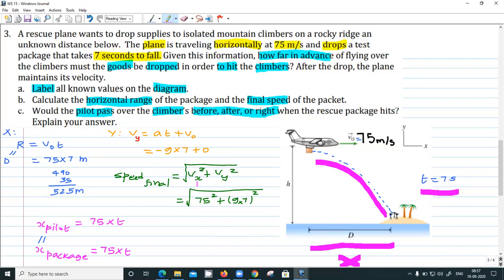Isn't this speed? Oh, the magnitude of the velocity, right? Yeah. And the magnitude of the velocity is vx squared plus vy squared. Yes. And this is just vy. And is this vx? Pythagorean theorem, like a squared plus b squared equals c squared? Yeah. Okay, so if I were to draw a triangle,